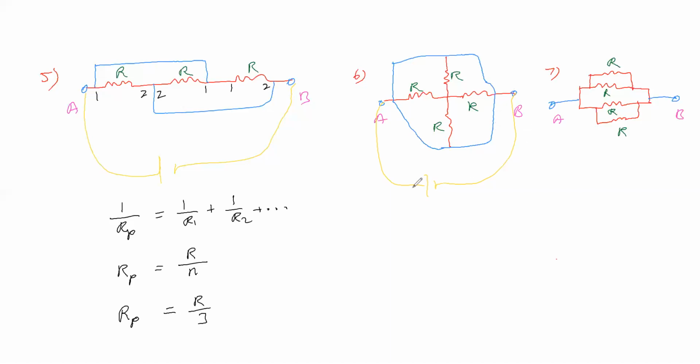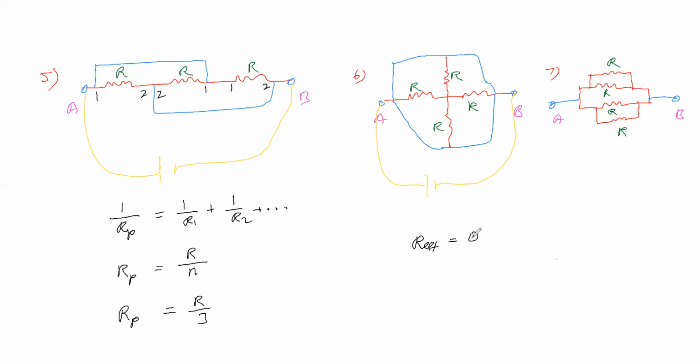That means current from the battery will pass through the short circuit only, so through the resistors no current will pass. Hence in this combination no current will pass through any resistor, because current completely passes through the short circuit only. So in this sixth problem, the effective resistance between A and B is equal to 0. Now let us go to the seventh problem.